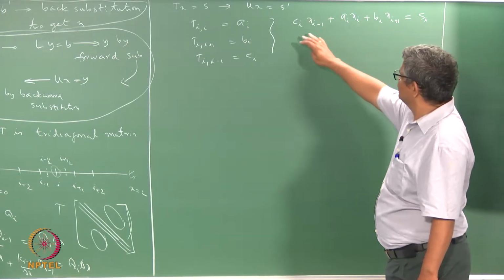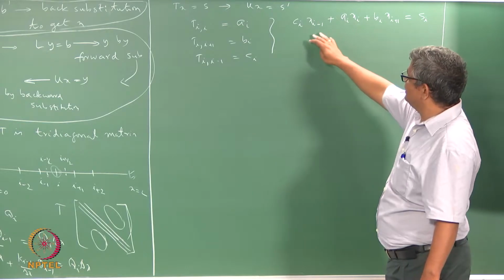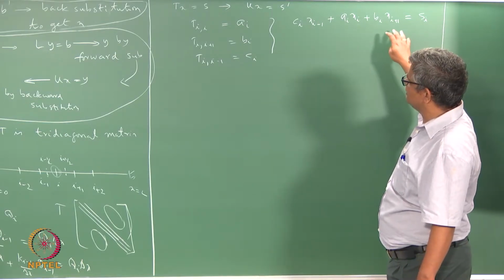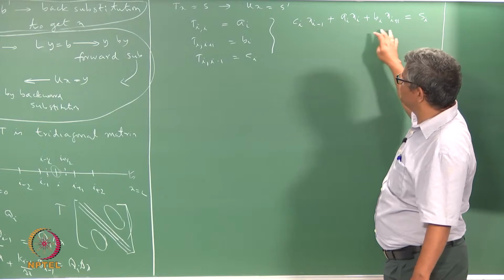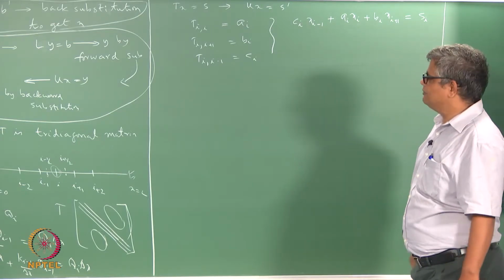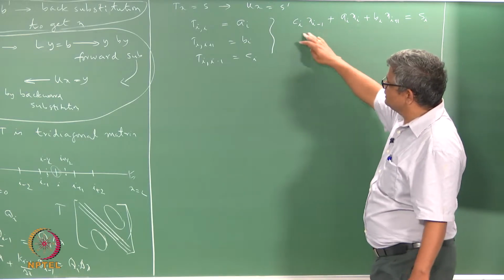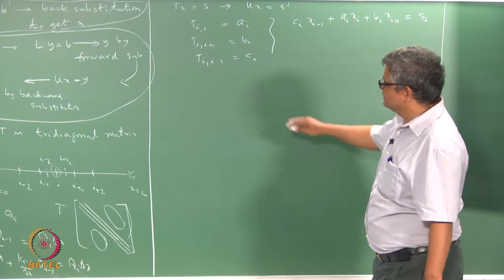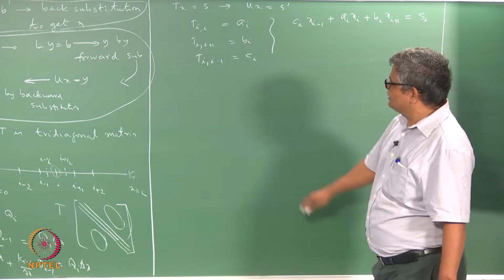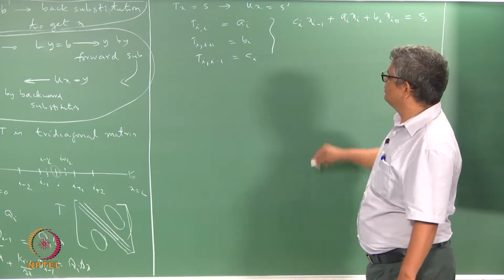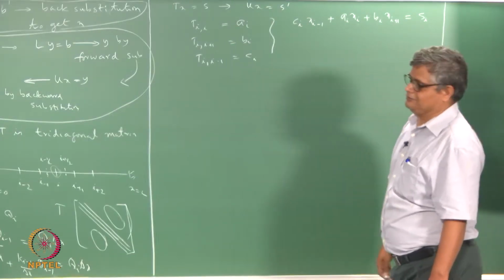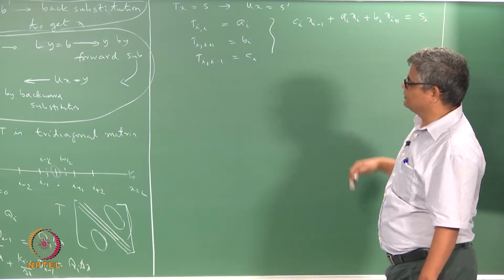So, this represents a tridiagonal equation, a linear algebraic equation involving 3 adjacent neighbors, and when you go for all values of theta you get this type of form. So, this is the equation that we wish to solve for x1, x2, x3 all the way up to xn,